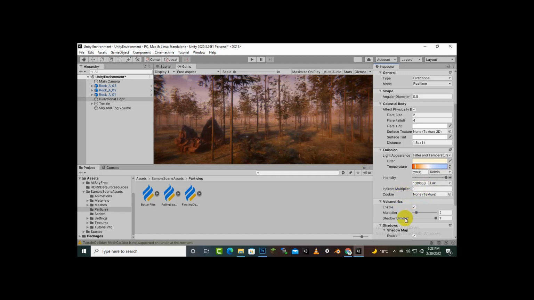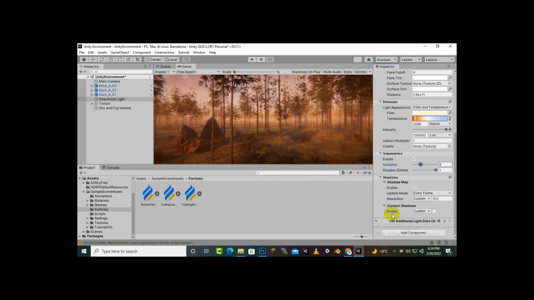We can also play with the multiplier here. If we increase the multiplier, you can see it's too bright. It's good, but I think we can set it to 6 or maybe 5, so it will give us a better view of a sunrise effect. We can also add some shadow dimmer and so on, but we will not use that. We already have a nice